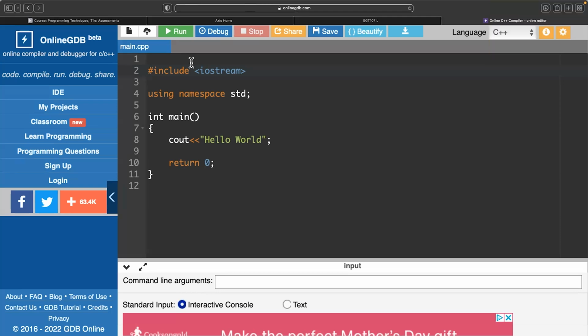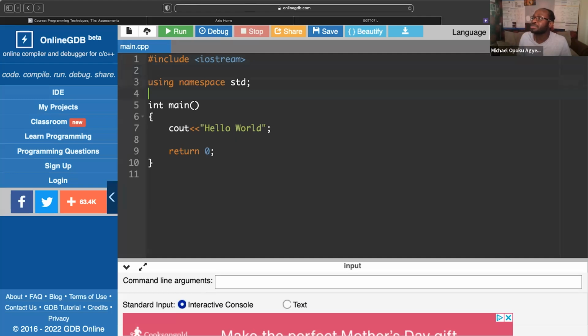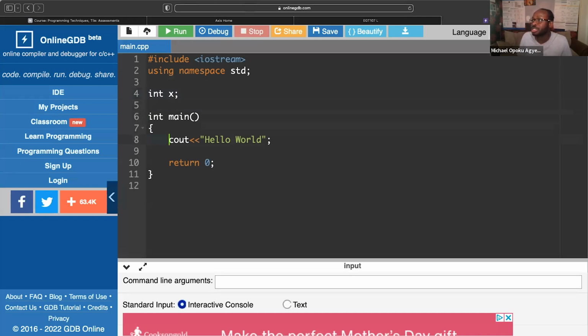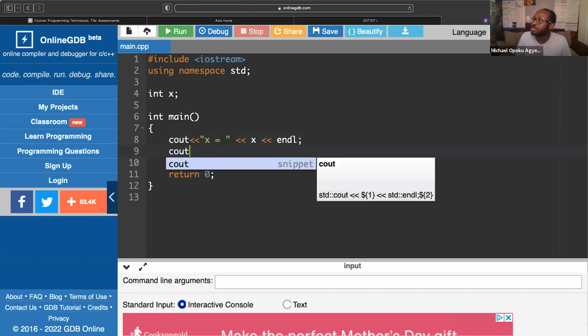So we want to try something. Let's make up some stuff, as usual. We'll still go back to going according to the books at some point, but let's declare a variable called X. And let's say we want to print out the address of X. So first, print out X equal to, and we print out X, and let's end the line there. And we also want to print out